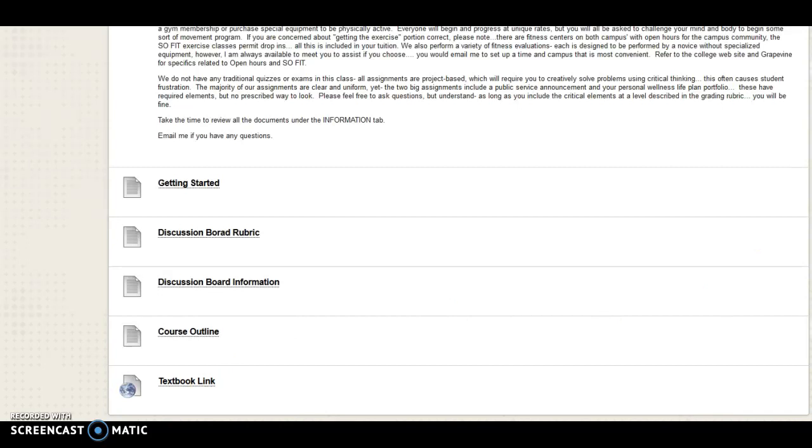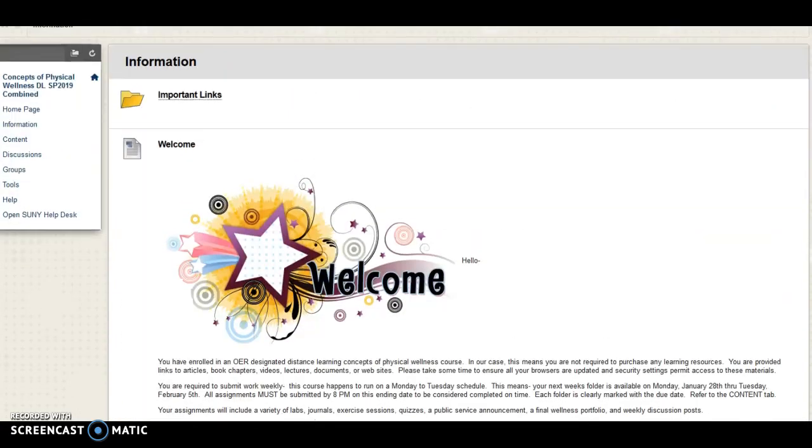It also has a variety of links in there, and depending on what type of computer you're using will determine how you access those links. But take advantage of those because not only do I reference them, not all the time do I put them into the actual assignment page. So you may need them to access through there.